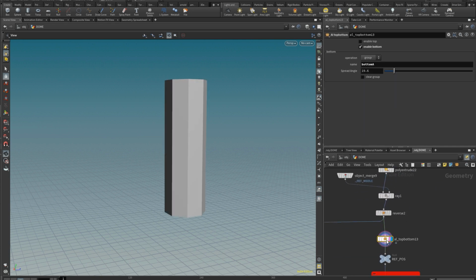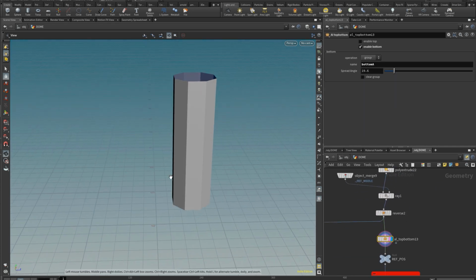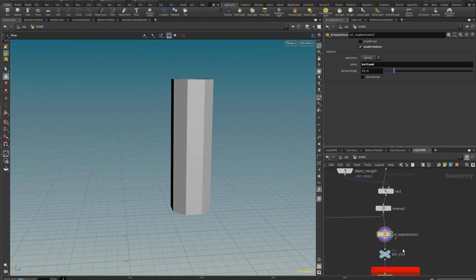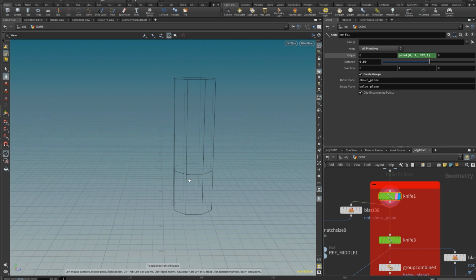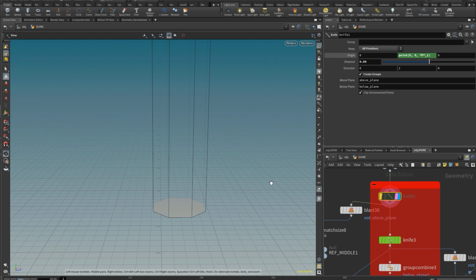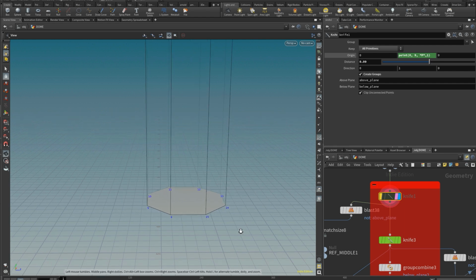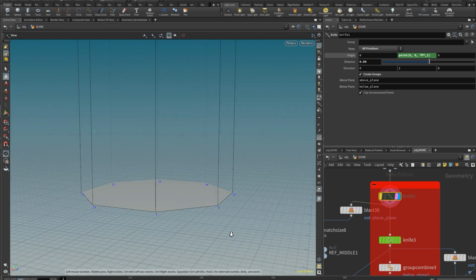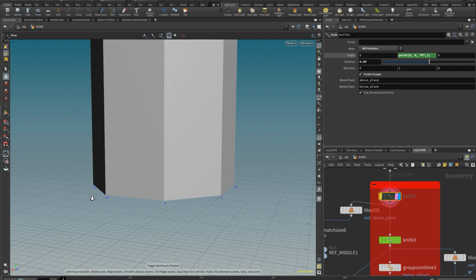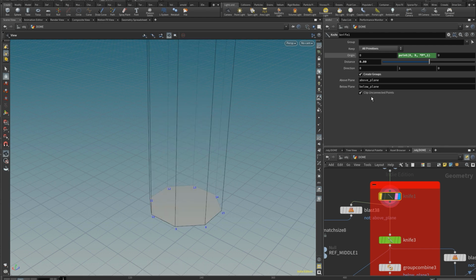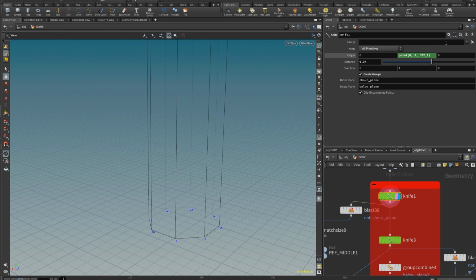Got my node group top bottom, which basically just in this case creates a group for the bottom. Knife up is a node I love using as it allows to slice the model in a certain direction. For that, you need to specify an origin, a distance from origin, and a direction. In that case, I'm using the point number 9 to move the origin to its height. So if I start adjusting the distance, it's going to move my edge loop away or closer to point 9.